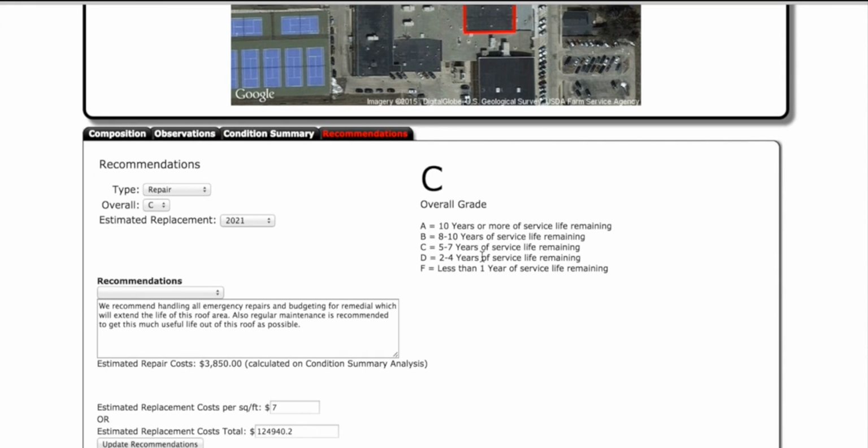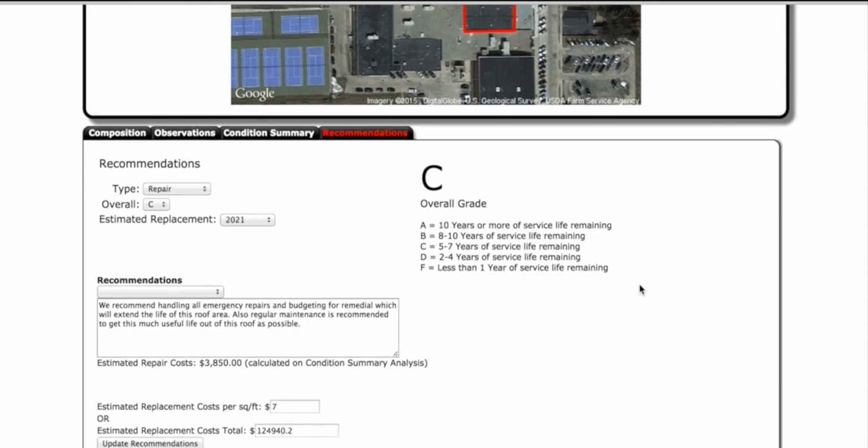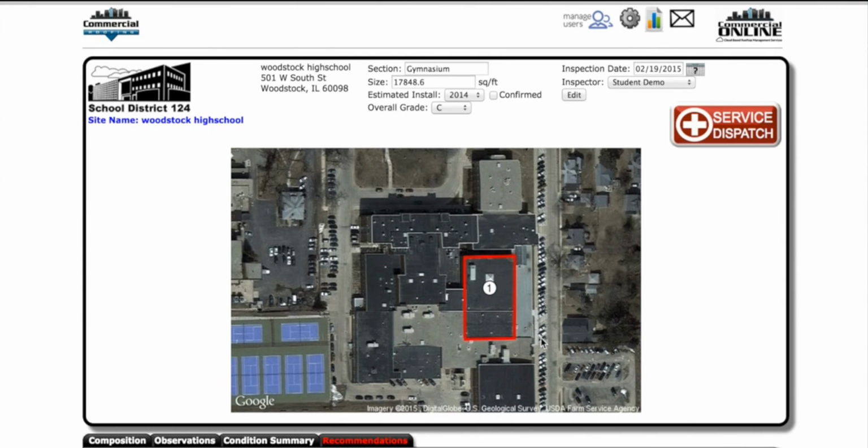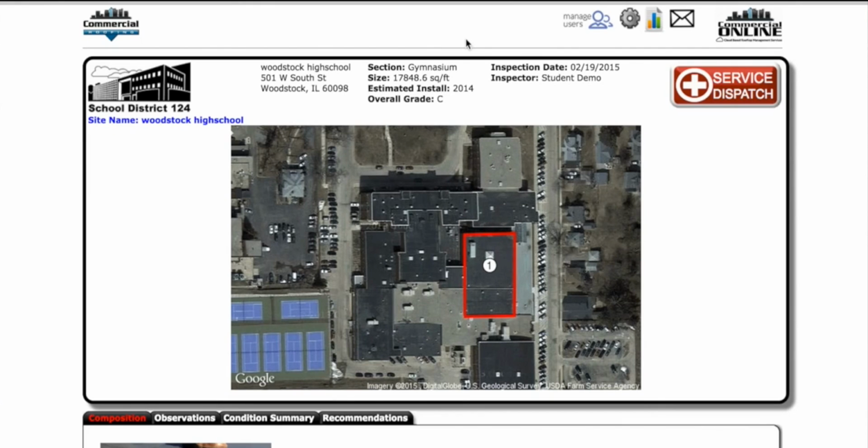And lastly, we have recommendations. Recommendations is where we can really spend some time to craft a thorough recommendation and update the estimated replacement cost per square footage, or even just affect the overall replacement cost. After you're done making changes, click back into view mode and preview your report to make sure that all the changes have been made. Now, click site name, which will bring you back to the property level within this client